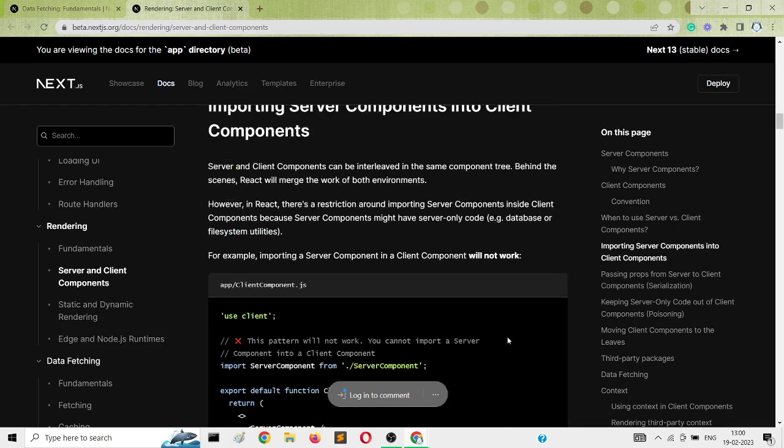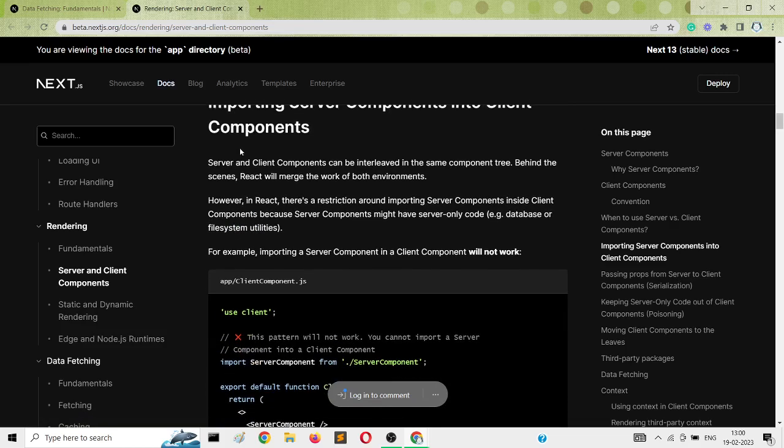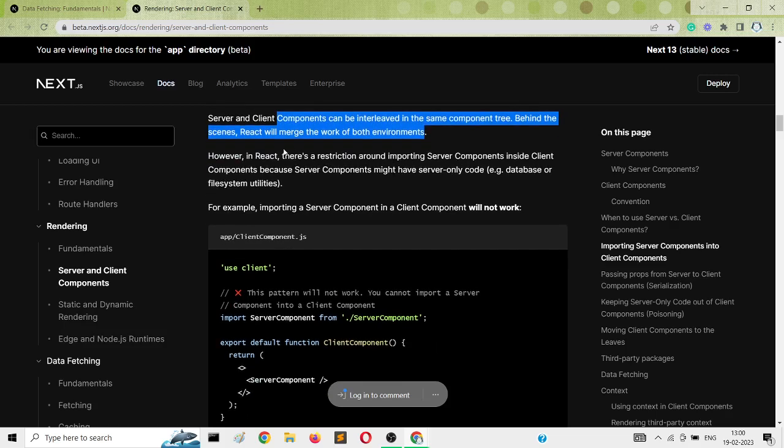So yeah, you can also import the server side components into the client side components. Server and client components can be interleaved in the same component tree. Behind the scenes, React will merge the work of both environments. However, in React there is a restriction around importing a server component inside a client component, because